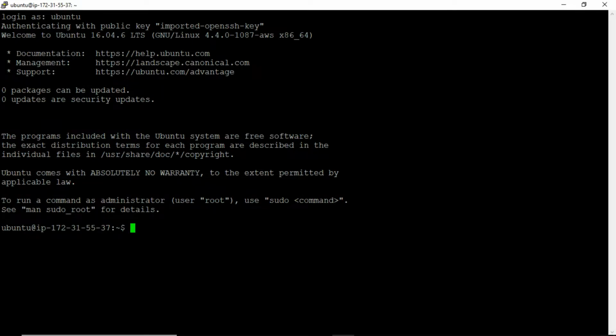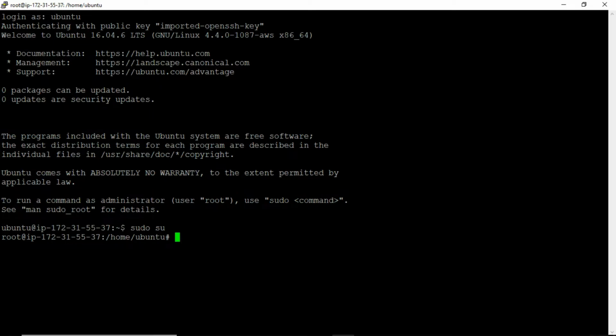So friends, right now we are connected to the Ubuntu machine, and so let us start this session by executing the command sudo su. And now for the people who are very new to the Linux or Ubuntu operating system, you don't have to worry, I will explain each and every command we use in this session. So friends, the task of the sudo su command is to get the root user privileges for the current user, and the reason we executed this command before proceeding is because all the Docker commands need super user privileges for their successful execution.